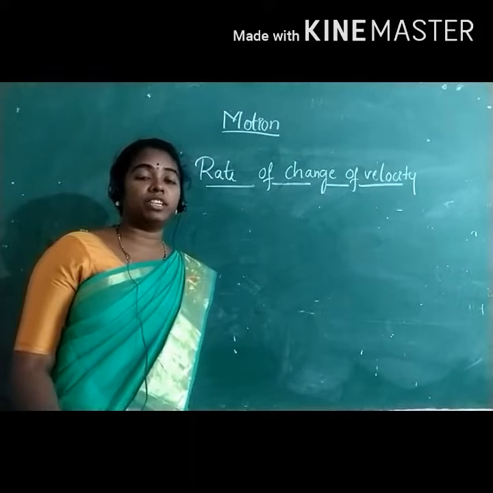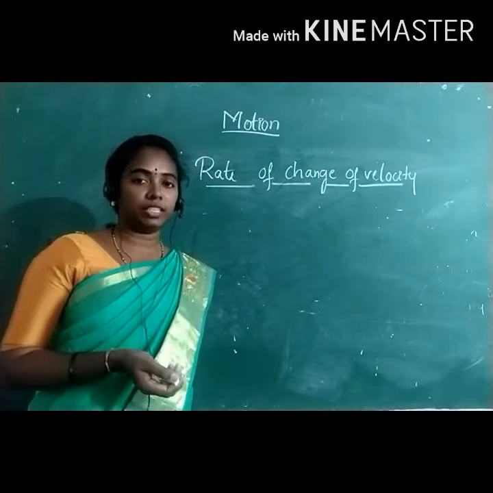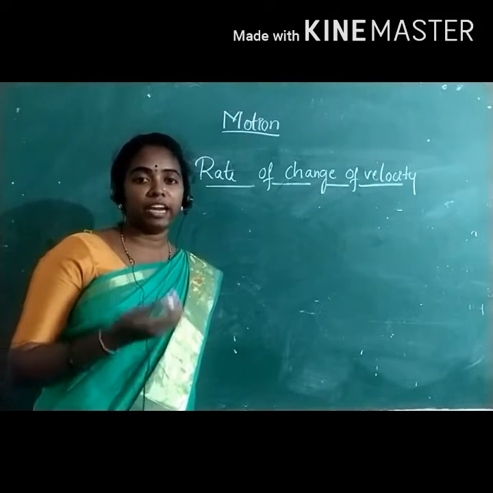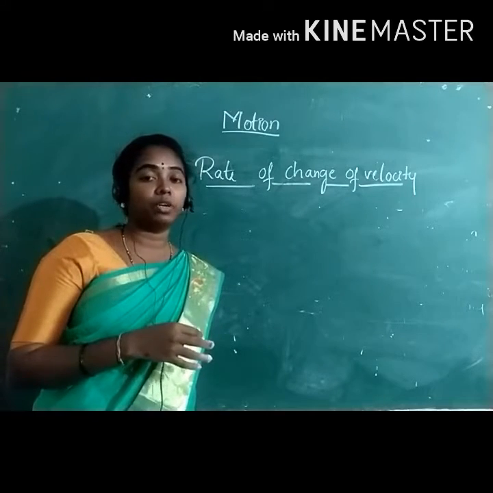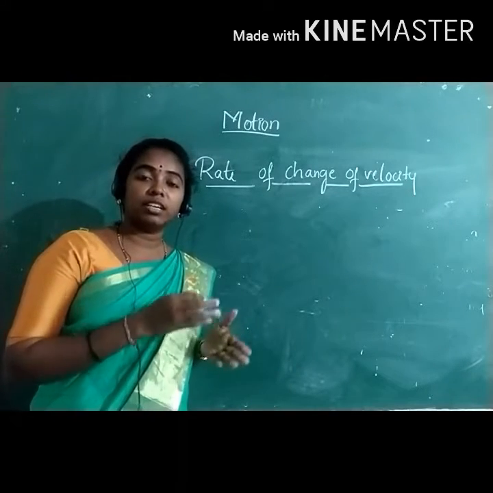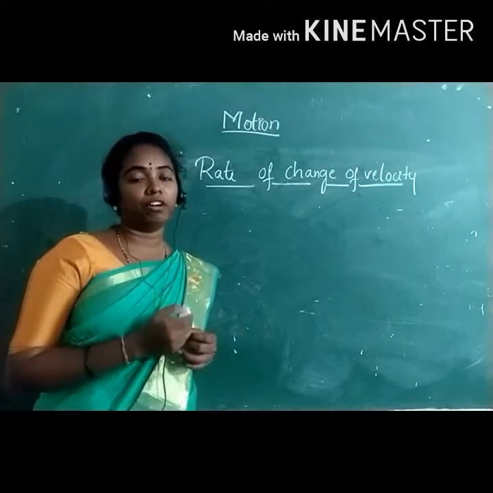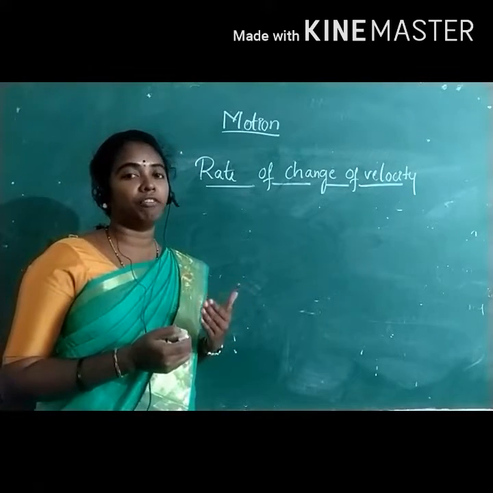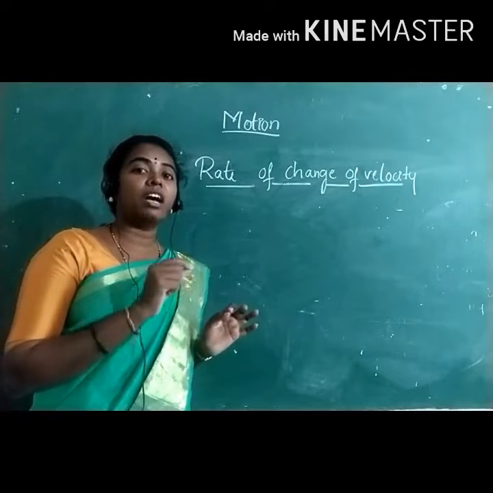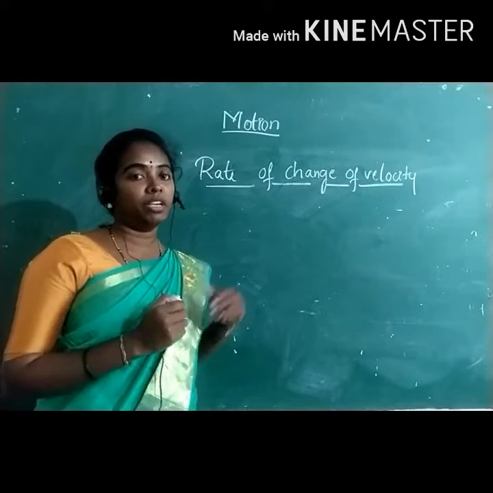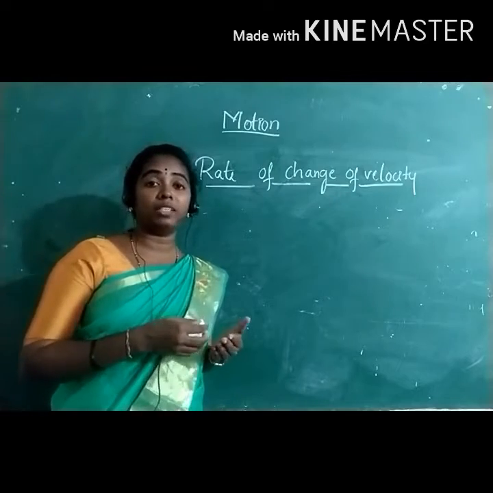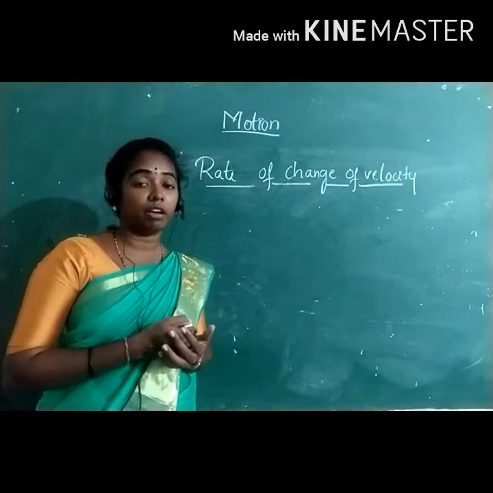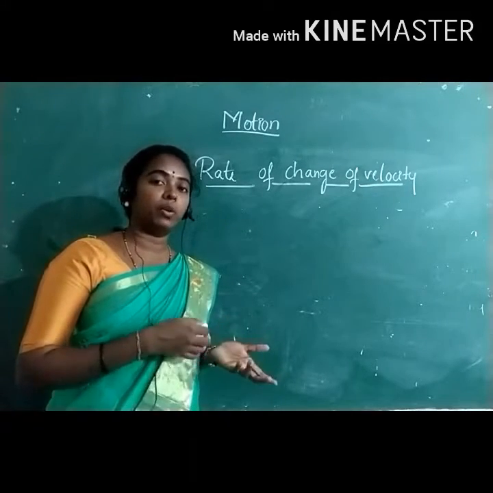We measured the rate of motion using speed and velocity. In that we have uniform speed, non-uniform speed, uniform velocity and non-uniform velocity. Coming to uniform speed, what is that? It is covering equal amounts of distance in equal intervals of time, similar to uniform motion. Non-uniform speed is similar to non-uniform motion, meaning the body covers unequal distances in equal intervals of time. Coming to uniform velocity, it covers an equal amount of displacement in equal intervals of time, whereas non-uniform velocity covers unequal amounts of displacement in equal intervals of time.